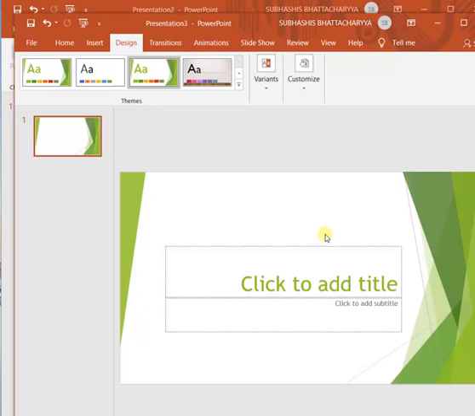Third difference is that these themes are always available in our PowerPoint. It does not require any internet connection to get downloaded, but built-in templates always require an internet connection.